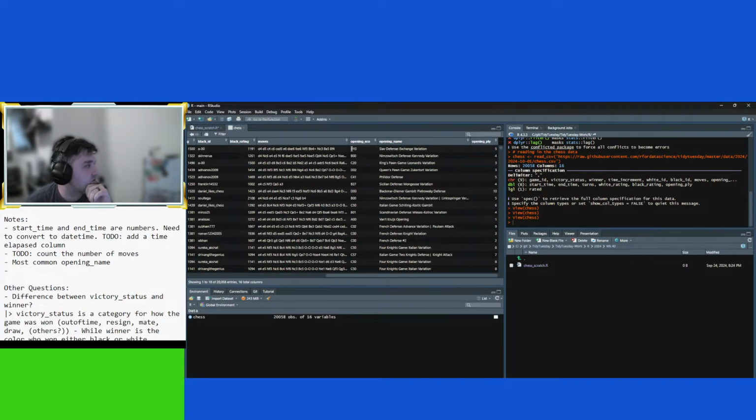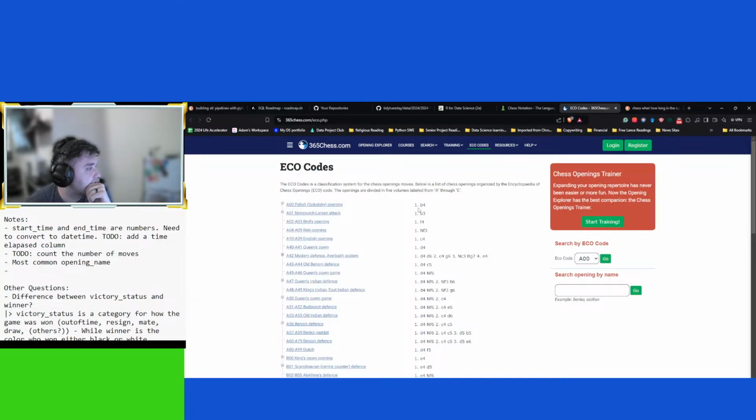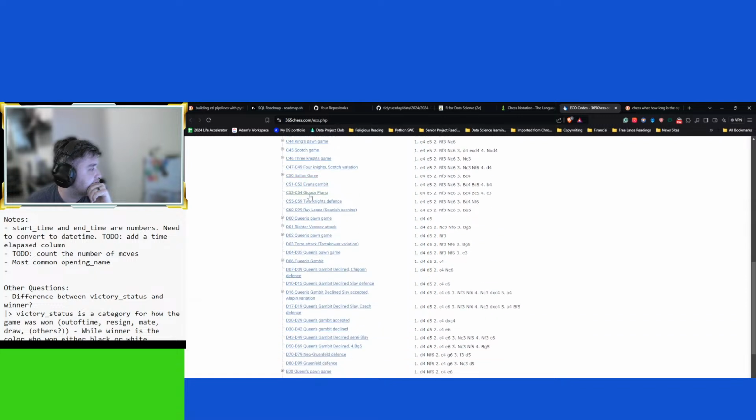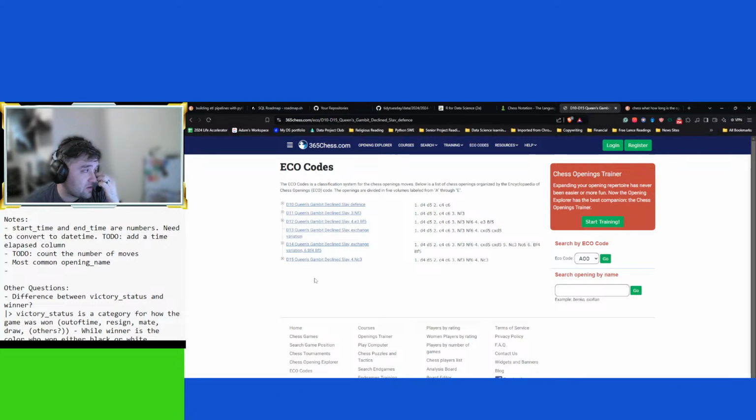So let's look for D10 in this ECO code. So let's see. A, B, C, D10. Queen's Gambit Declined, Slav defense.